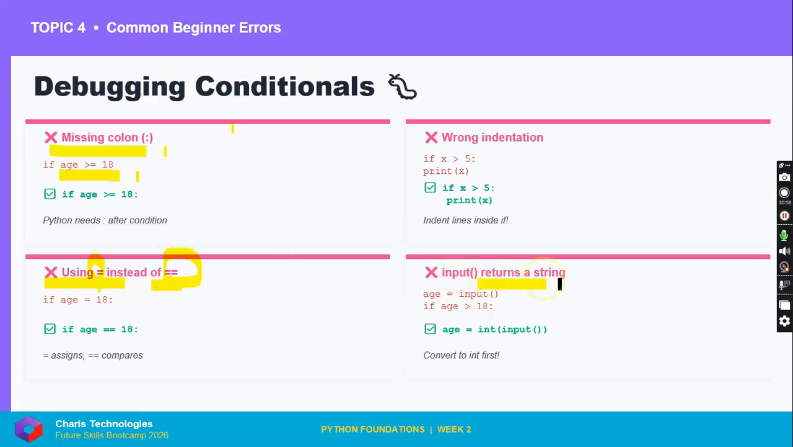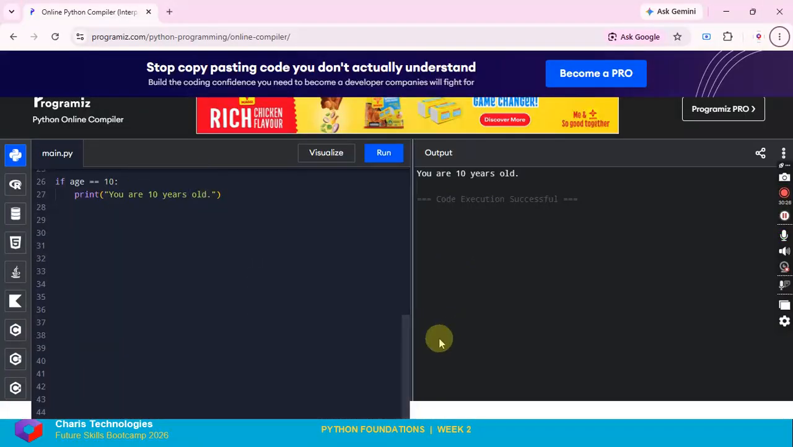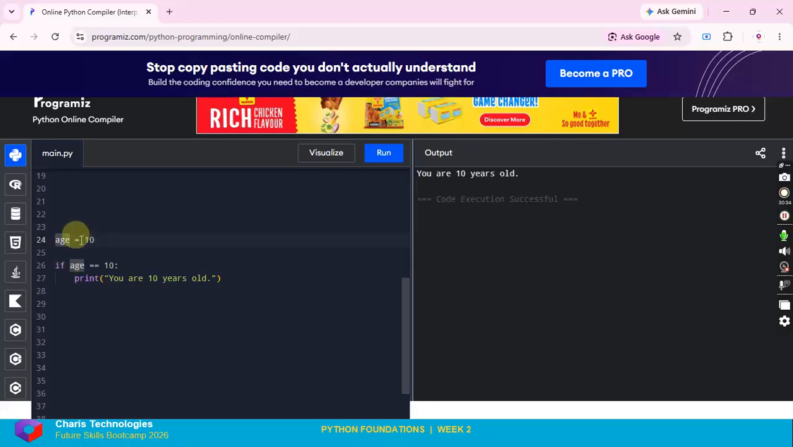Now, remember that input returns string, right? Input always returns string. So always convert your inputs to integers first. For instance, if I say age equals to input, enter your age. So if I say if age is equal to 10, then print you are 10 years old. If I run this, if I enter 10, I'm going to get, okay,